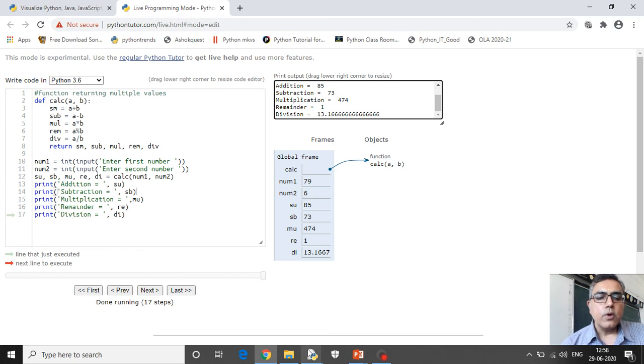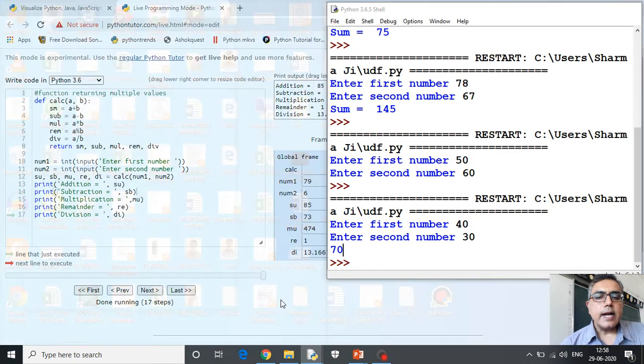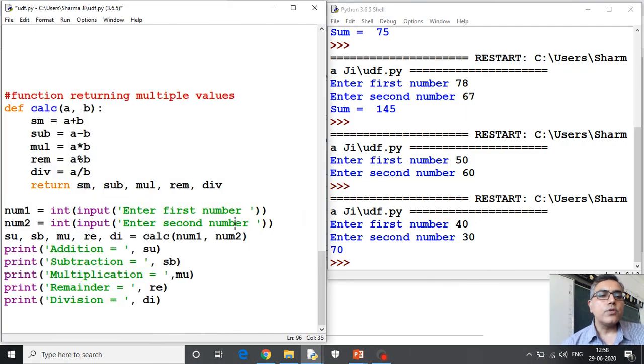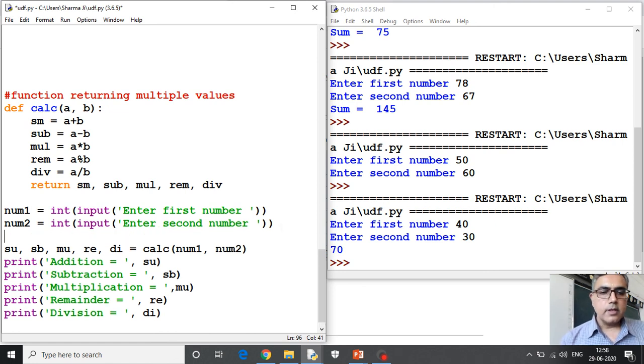Okay, now here I was telling that if the function is returning multiple values, those values are returned as a tuple. Let us try to understand that. Suppose I save the values returned from this function in a variable result.